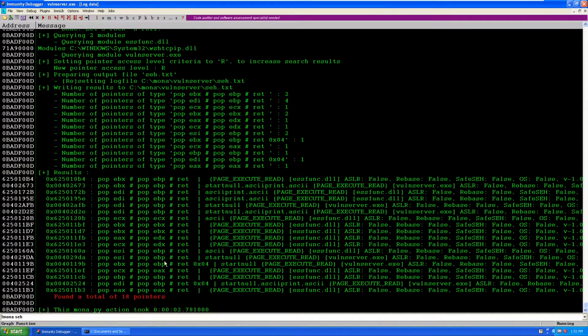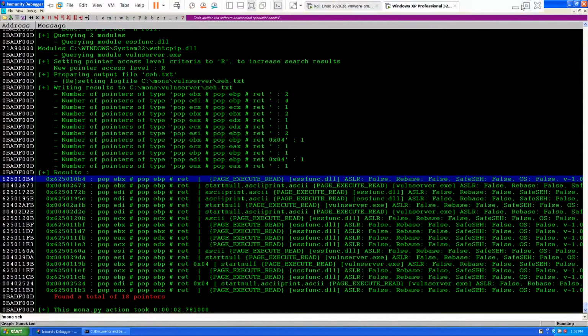You can also see the security mitigations are false, and you can choose this ESS func.dll. I think this will be a good one. Let's copy this. As you can see, there are some null bytes over here, like 0x00402673, so you don't need to consider this one. This one is fine.